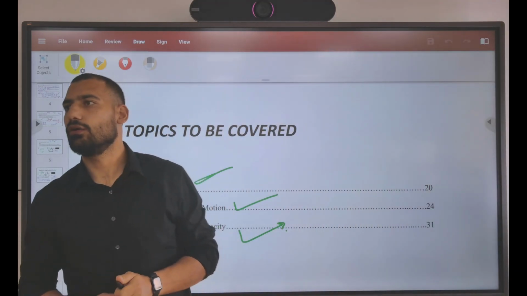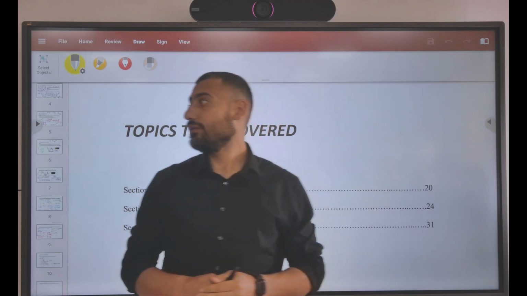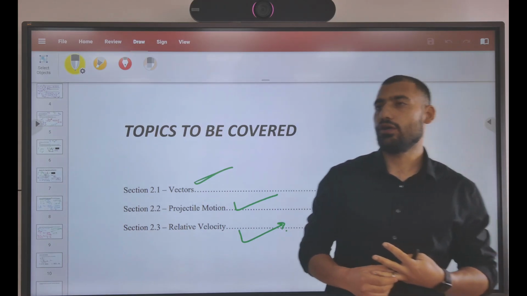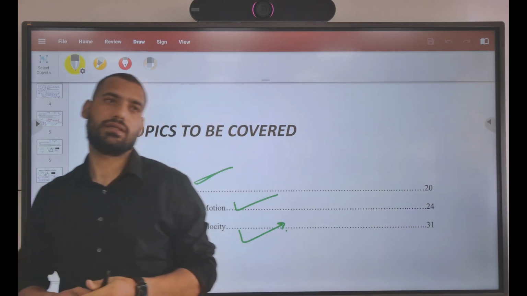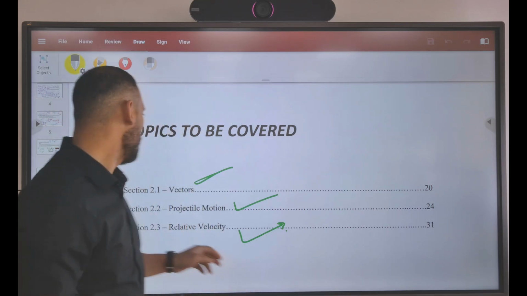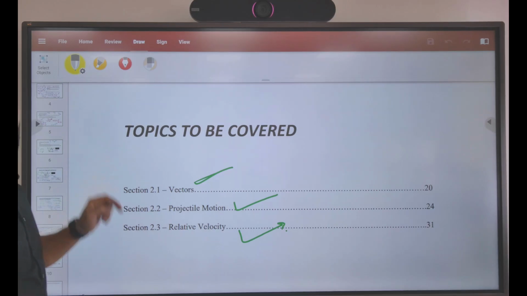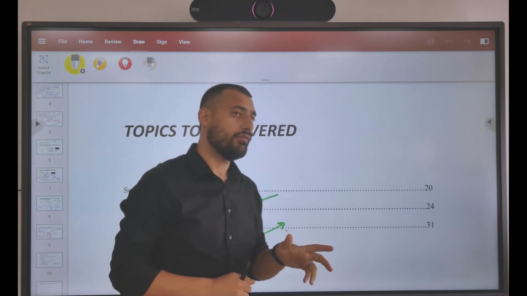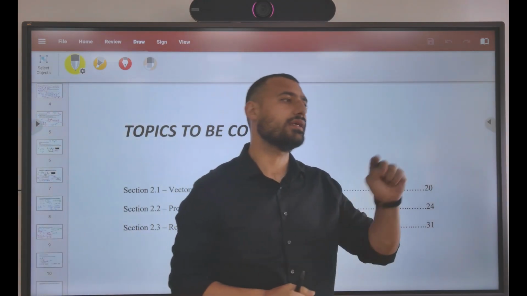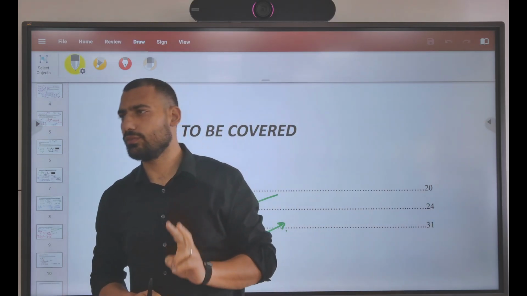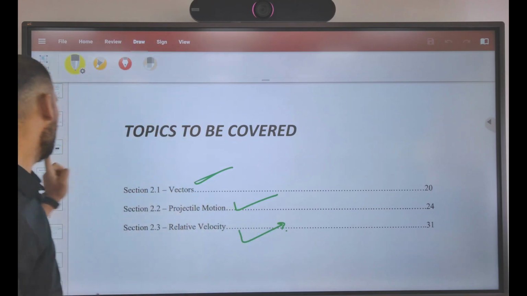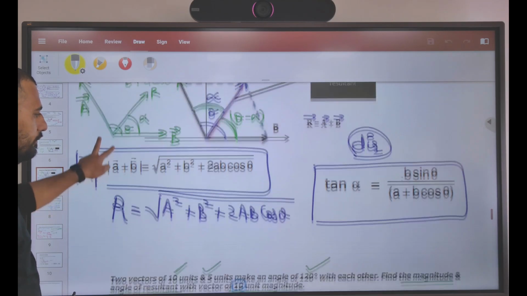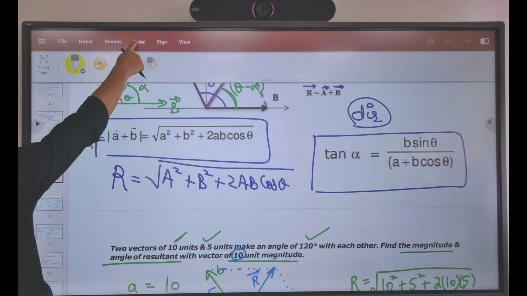Okay, guys. So in the previous class, we discussed vectors and we talked about the first operation on vectors, that was addition. We talked about the triangle law, we talked about the parallelogram law, we talked about some equations which will help you to give the magnitude and the direction of the resultant, and I think we solved some numericals as well, right? Okay, so the formula, if you remember, for the magnitude of the resultant